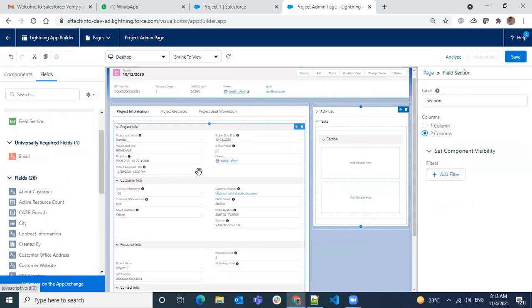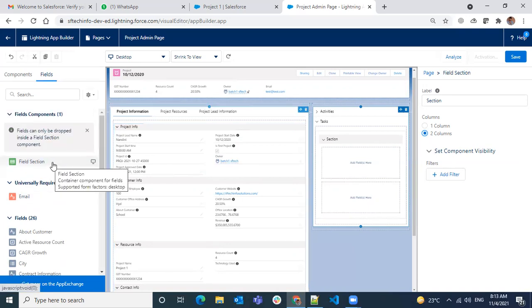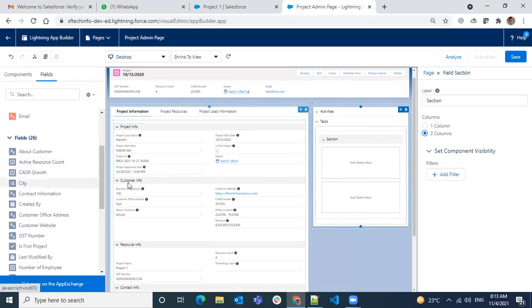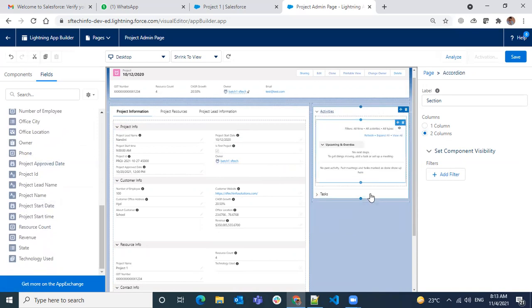I want to show some important, quick, or more frequently used information that I want to edit and save, so I can display it in a separate place. I can use this field section and fields. We can drag and drop those values and use them. Let's say I want to name this section name as